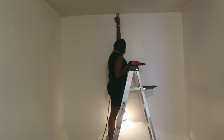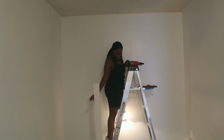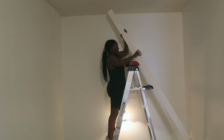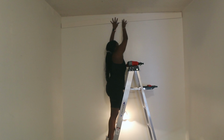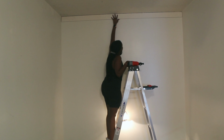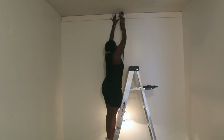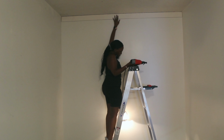But right now, before we begin, I am finding the studs in my wall to make sure that I am securing these nails and these boards into the wall well. I am using primed pine boards to do this makeover, and I bought about, I believe, 10 or 11 to do this 12-foot wall. I wanted the spacing to be a bit bigger, and so it saved me a lot